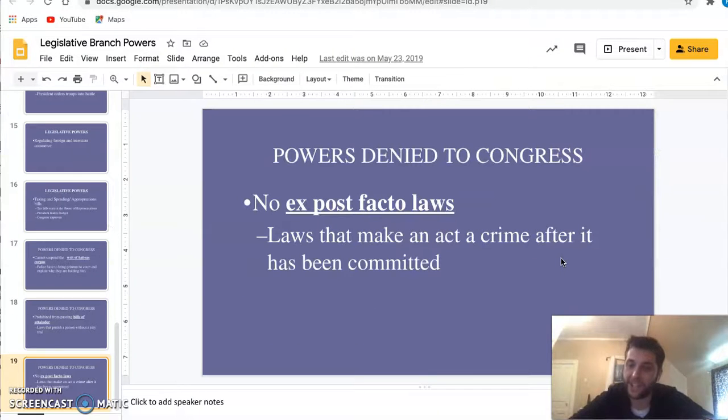Not such a bad lecture, but it's important that we know what the powers of Congress specifically are, which is why you have a small activity where you make a book about the powers of Congress